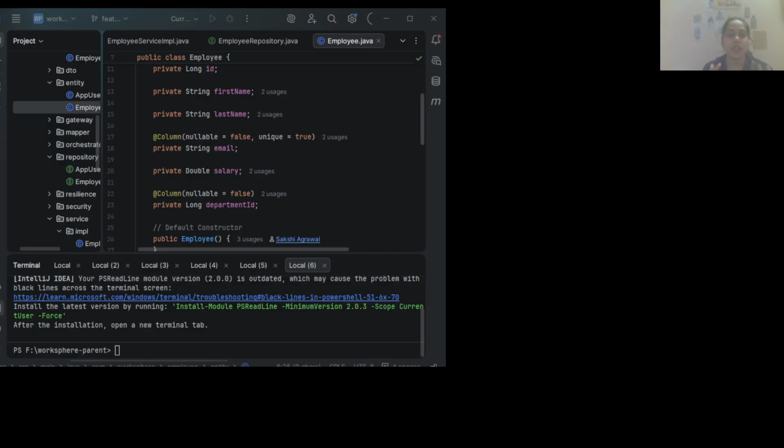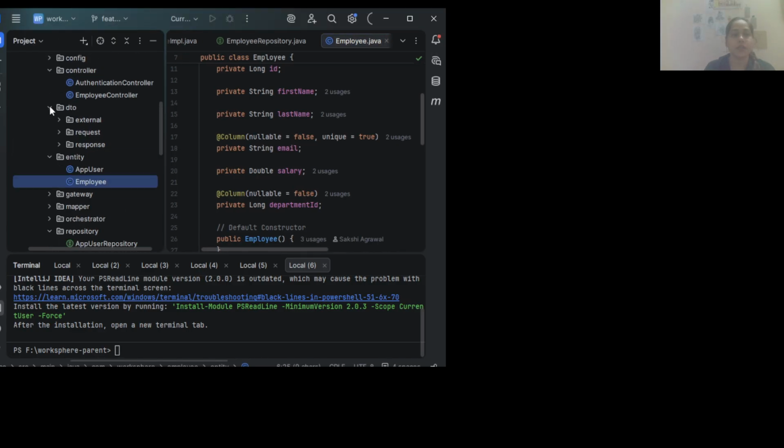So basically, the entity should focus only on persistence and should not be exposed directly through the REST API. The major point is that we cannot expose the entity directly to the client. We have to keep it persistent and not expose it. Second, we will have a DTO layer.